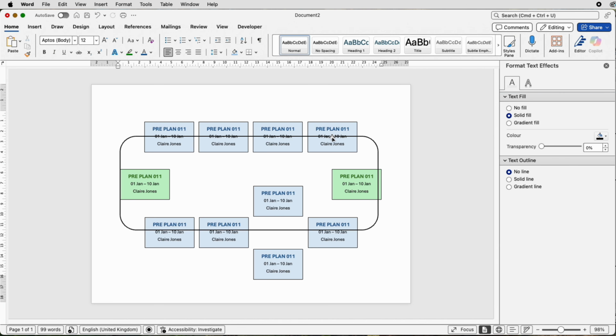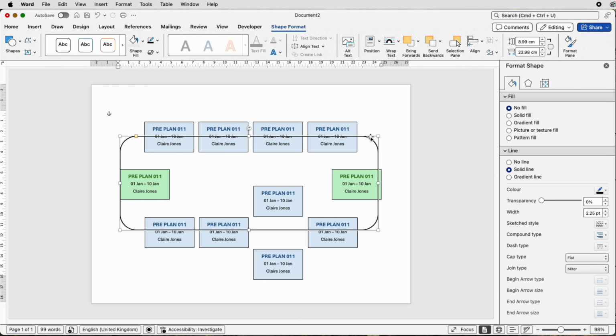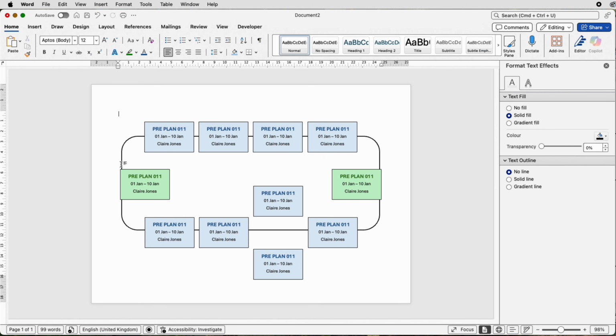Now you can see that this black line is currently in front of all the boxes, which we don't want to. So this acts a little bit like Photoshop layers. So we want to put this black line behind these boxes. We're trying to line it up with the middle, and it's easier to do that if we put this line behind the boxes. So go to send backwards at the top here and then select send to back, and you can see now this line has gone behind all of the boxes, and now we can make those final adjustments